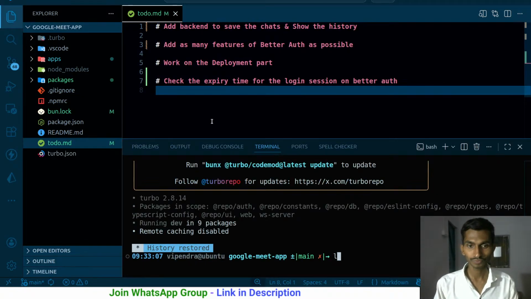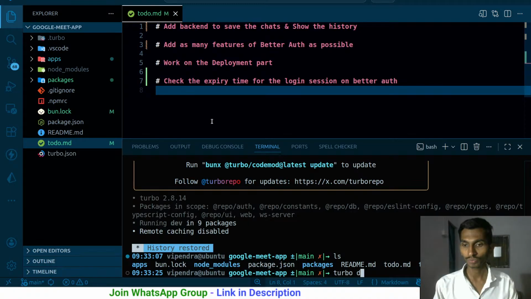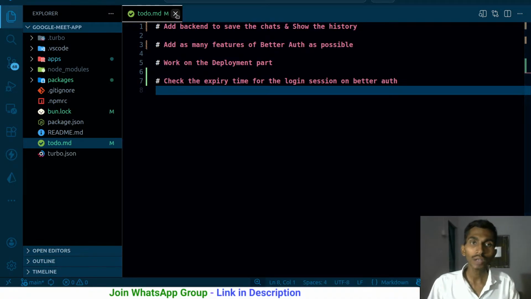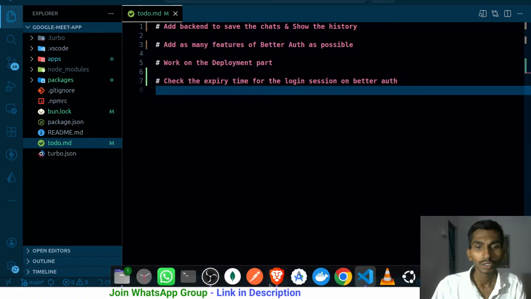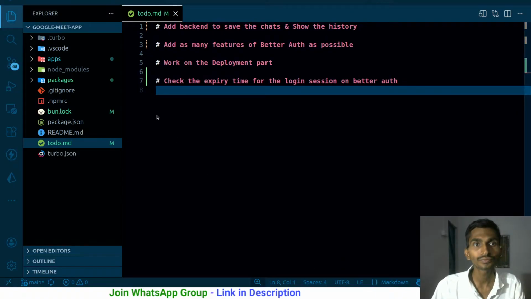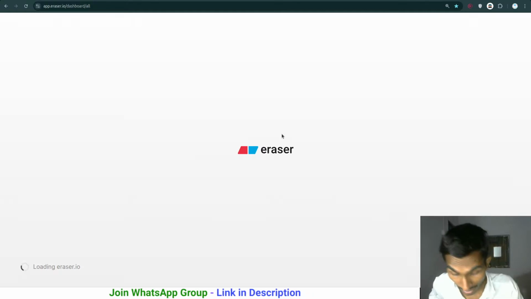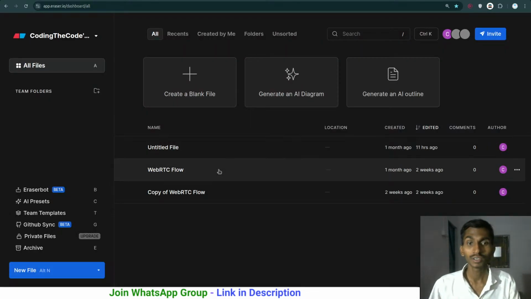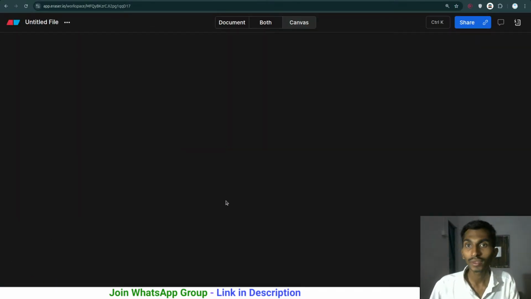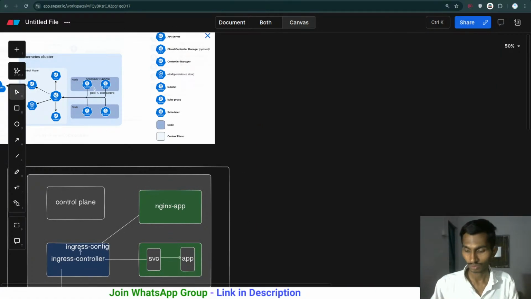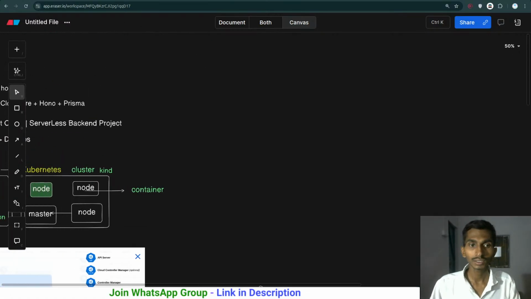Okay, so ls turbo dev, let's simply start it. It will be started. Coming back to this one, how am I going to implement this? So let me open Chrome here, eraser, because of course I need to map the things in my mind. For that thing, this tool is the best one. So what I'm gonna be doing, let me delete all these things from here, and I think can be discussed